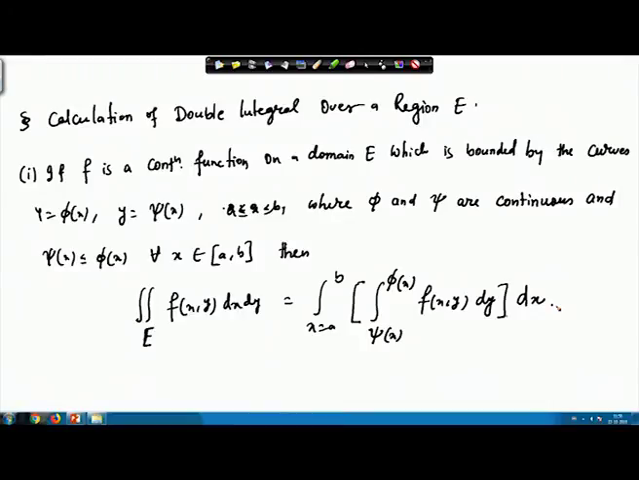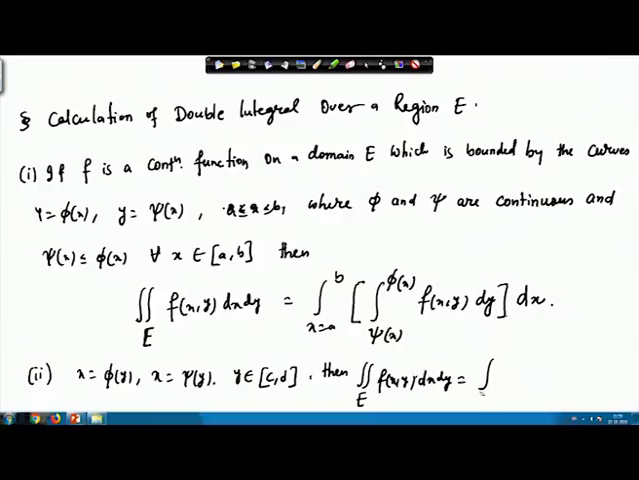Similarly, if our function f is continuous on a domain E, which is bounded by the curves x equals phi(y) and x equals psi(y), where y is running between c and d, and both phi and psi are continuous for all y in [c, d], then our double integral over the domain E of f(x,y) dx dy can be given by integral y running from c to d, then integral psi(y) to phi(y) of f(x,y) with respect to x,